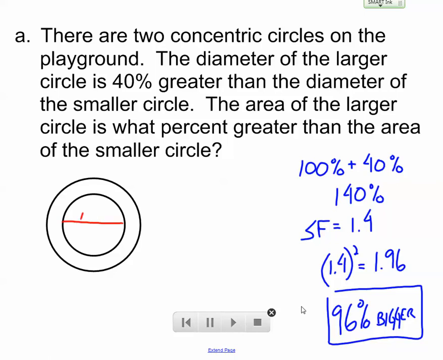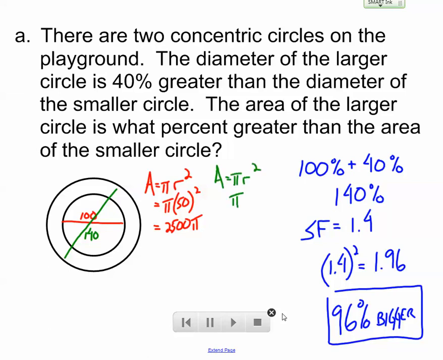Okay, I can call this original diameter 100, and I can call the new, larger diameter 140. And then what I can do here is find out the area of the smaller circle, which I'm going to call 2,500 pi. I can find the area of the larger circle, which I'm going to call 4,900 pi. So the change here, the larger circle is actually 2,400 pi